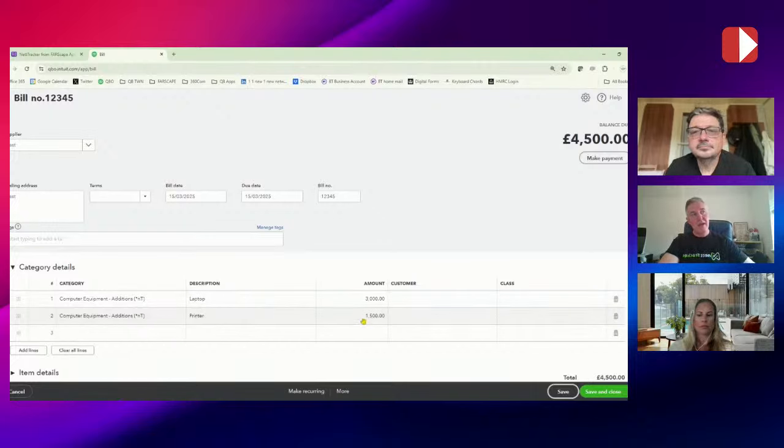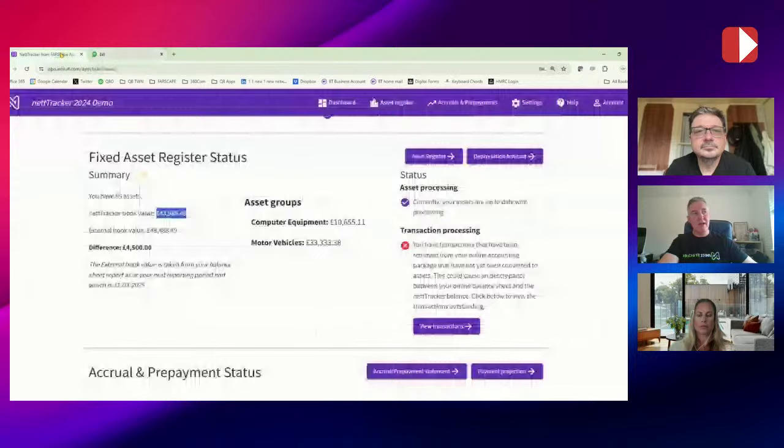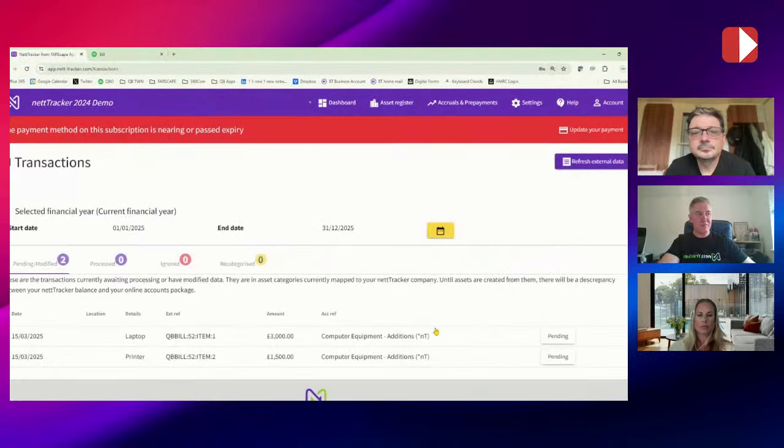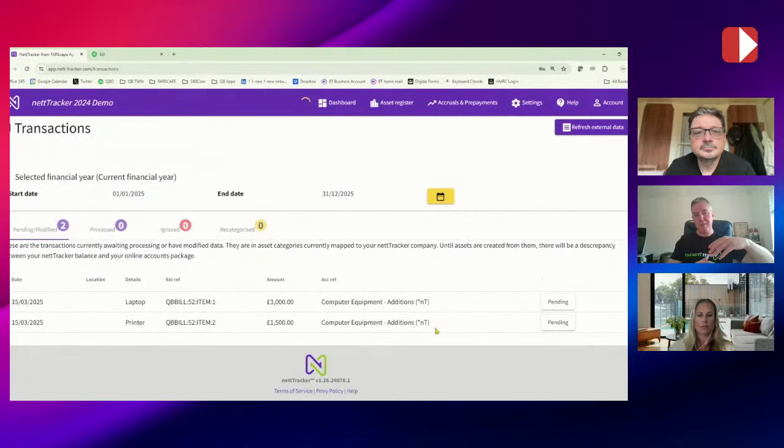and a printer. And back in nettTracker, if I choose to view my transactions, those two entries have come through based upon the supplier bill. It could be an expense or however it's created in QuickBooks, basically. And because I coded that particular supplier bill to computer additions, I've got an asset group in nettTracker called computer equipment. So I can simply, from here, where it's in the state of pending, like a bank feed, if you